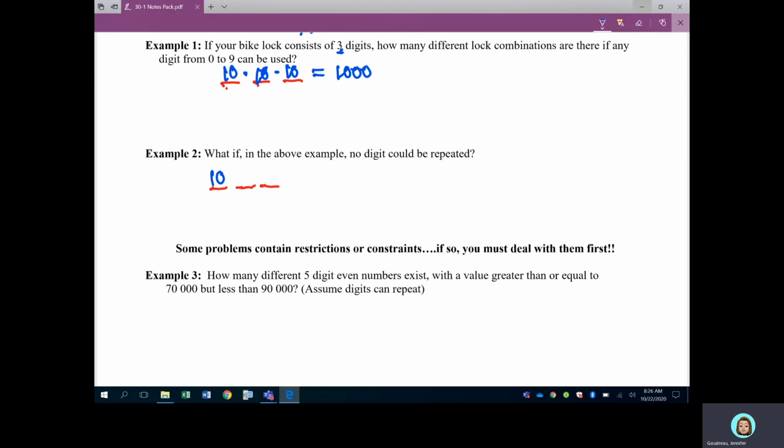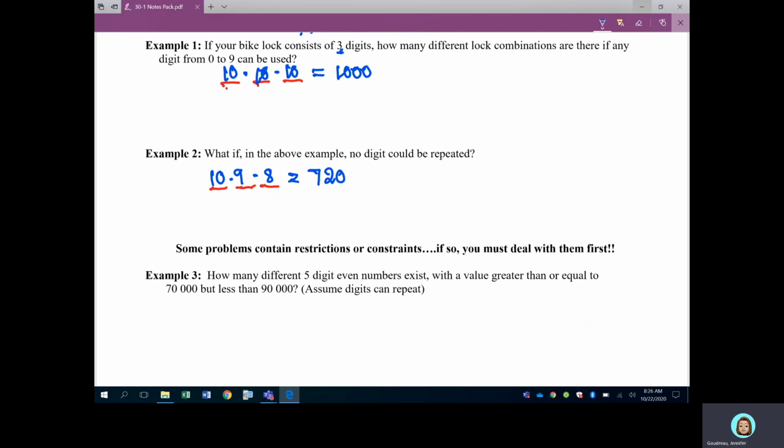However, in the second blank, I cannot use the number that I put in the first blank. So that means I have 1 less digit to choose from, so 9 choices for that one. I've now used 2 of the numbers that I cannot use again, which means now I only have 8 choices for the third blank. Fundamental counting principle says to multiply those numbers together, and we end up getting